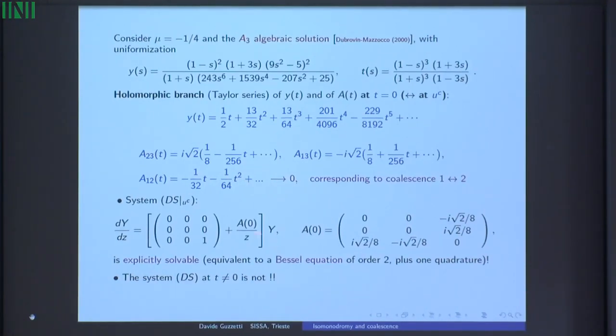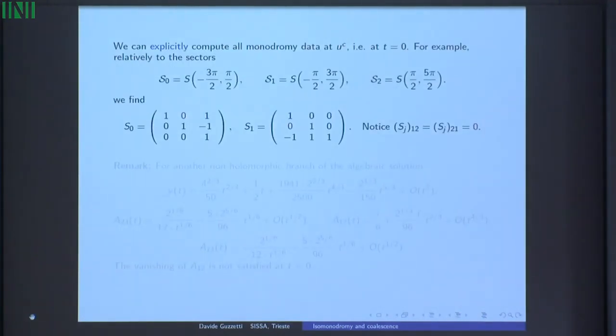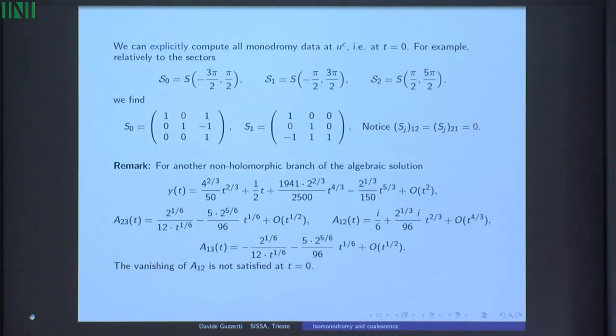And now, just compute the monodromy data of this system. This will be the monodromy data associated to this branch of the Painleve equation. Since this system is very simple, you can solve it explicitly in terms of Bessel functions. And so everything can be done, and you can compute Stokes matrices and so on. This was just a toy example because these results are already known. They have been known for 20 years or more, but this is just to tell you that everything works. If you take another branch of